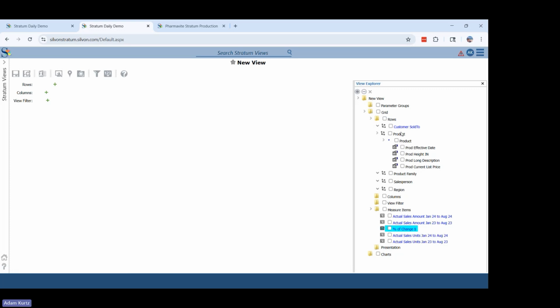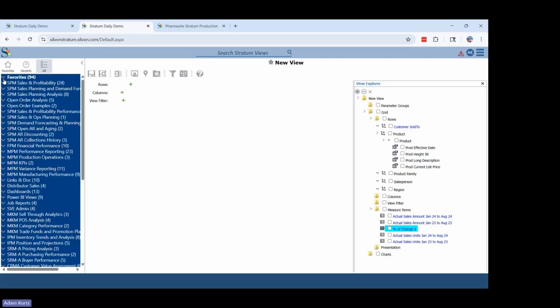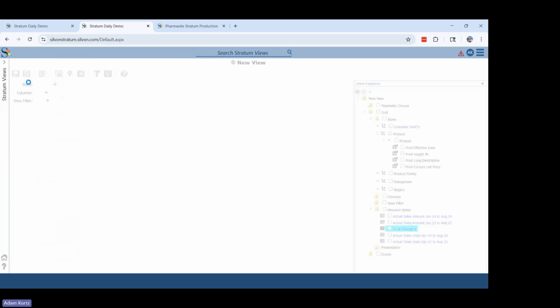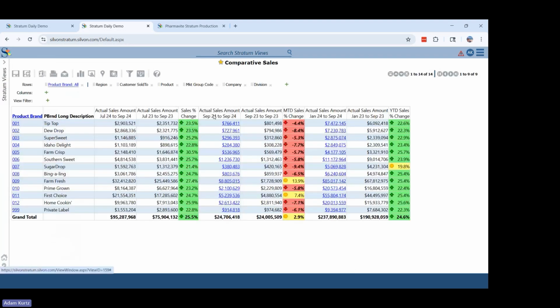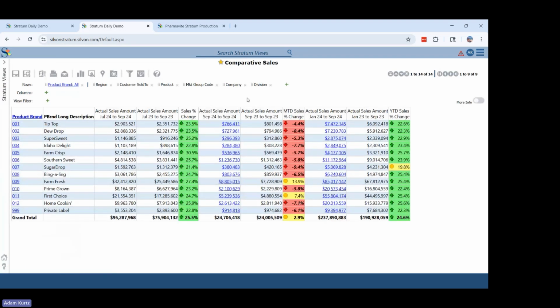I think I just lost everything. So that's a good example of saving your view early and often. And I'm not sure exactly what happened there, but let's go ahead and take a look at a view that is already built. So if I open up a view, click on a view, and say run one in place